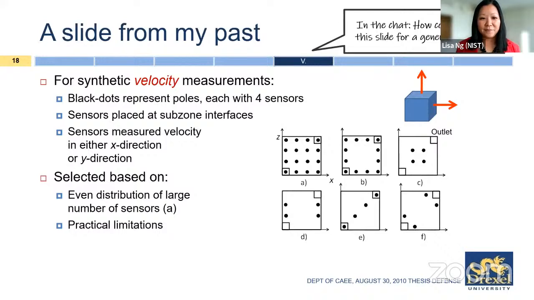Anybody else? Janet said, show a video clip. Yes, that's a great idea so that I can walk people through how these sensors are moving, what they're measuring. Excellent. Yes, and the tools, the visualization tools that you have at your fingertips, free ones even, are much better than the ones I had when I defended my thesis more than 10 years ago.